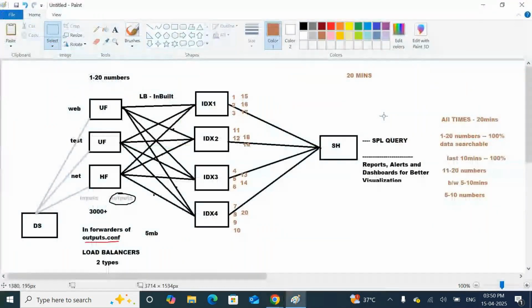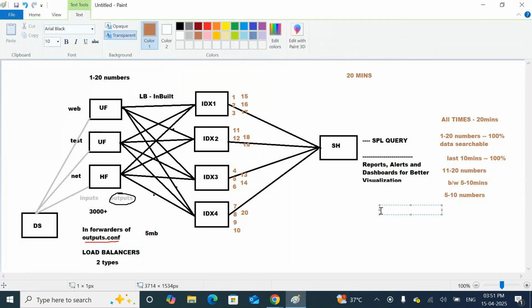Now my question is very good. It is completely 100% searchable. Anytime you are using it, it is 100% searchable, because all indexers are available. Got my point, sir?